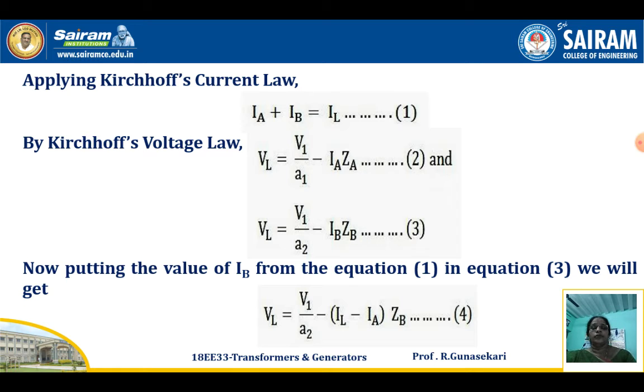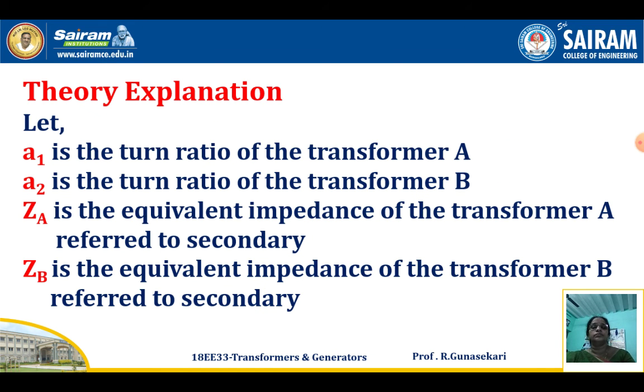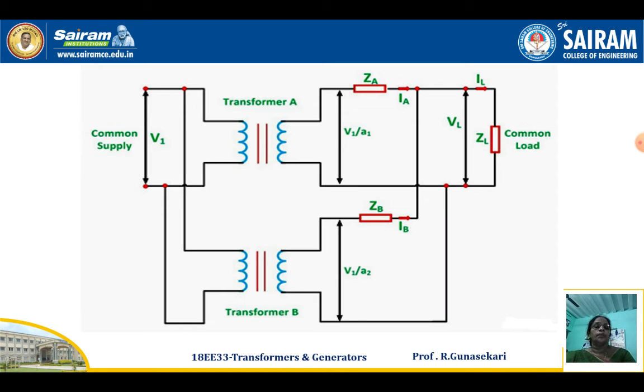Now the value of IB. So, Kirchhoff's voltage law and current law. Now you see the circuit diagram. You can consider that junction. IA is incoming, and IB is also incoming. Therefore IA plus IB equals IL. The incoming current is positive, and the current leaving the junction is negative. This is the rule for Kirchhoff's current law.